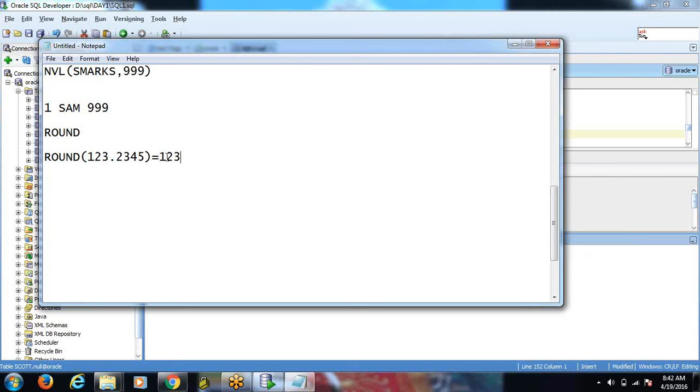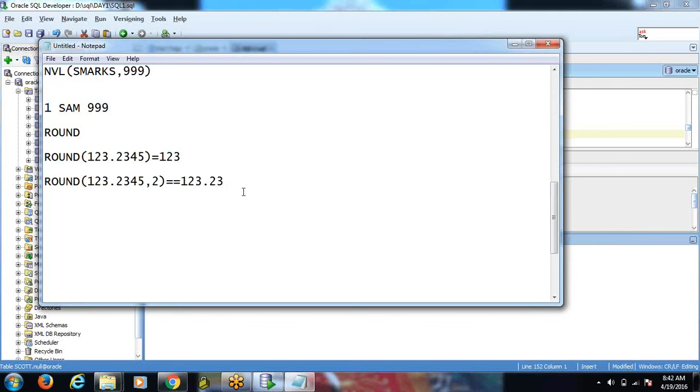Okay, just to see another example also, round of 123 point 2 3 4 5 comma 2. Now what will be the output? 123.23.